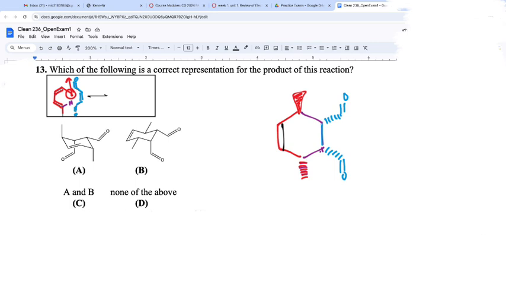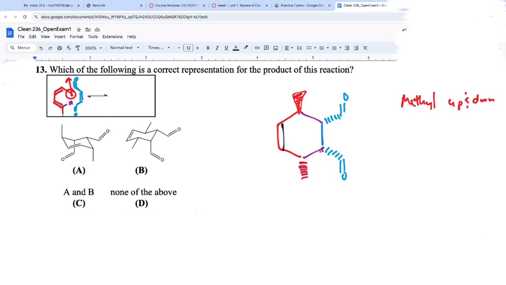The answers were drawn with this structure in chairs. Okay? I could attempt to go through and redraw this into a chair. I would actually step away from that and focus more on the relative positions. I have my methyls aimed which directions? Up and down. Up and down is fair. Up and down is better. I actually like that. I was going to say trans, but up and down makes more sense.